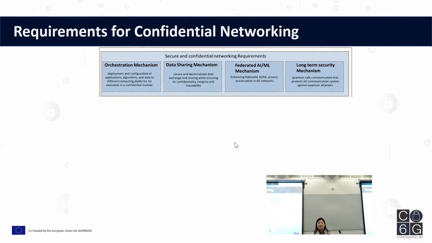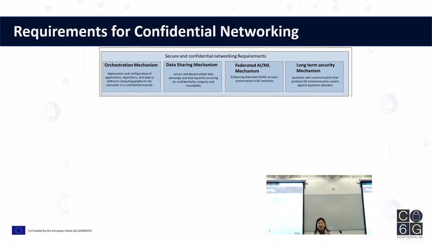It mostly focuses on the data's confidentiality, integrity, and traceability when the data is shared between complex networks, 6G networks, and the federated AI. Since AI generally has a different structure from existing networking structures, it asks for a separate part to address the problem in federated AI.